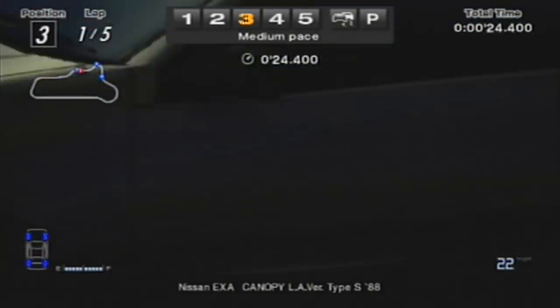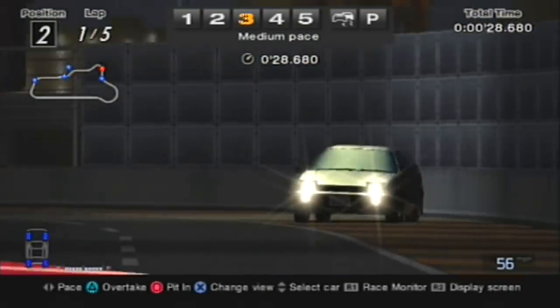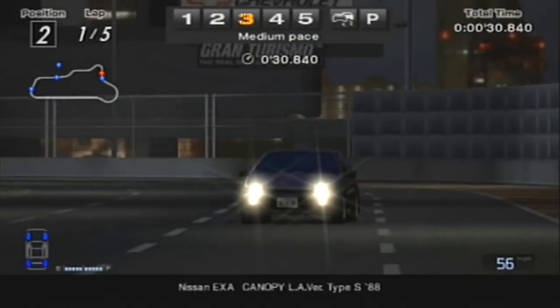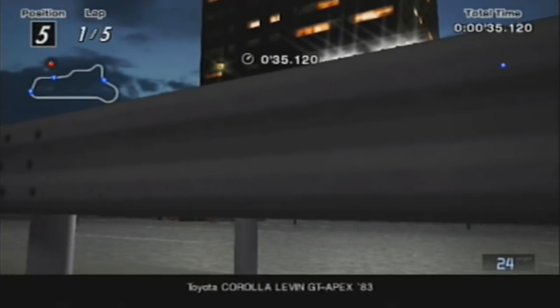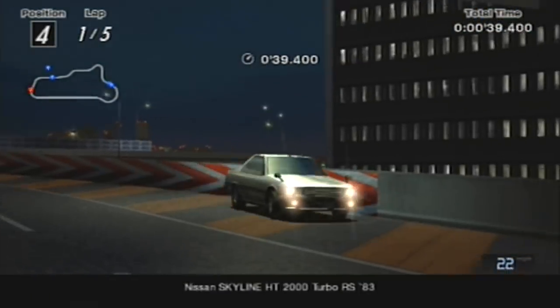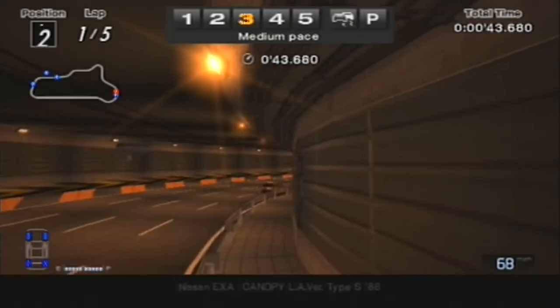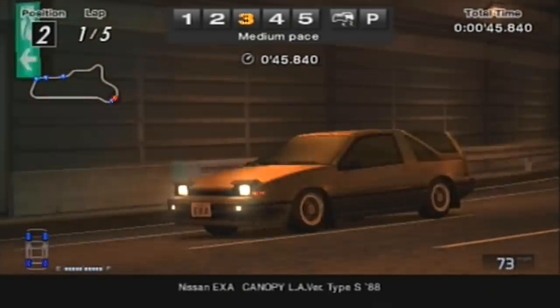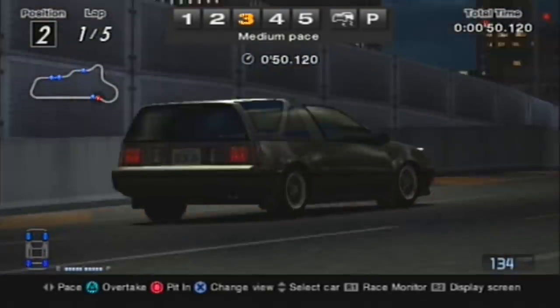Okay, new plan. Can I ping all the opponent's cars off the circuit? Bob's up to second. Oh, this might work. Bob! Oh, we pinged another one. Who's gone? The Corolla's off. The MR2's long gone. Oh, Bob's fallen to second. Bob! What did you do? How did you manage that? Come on now. Can we...